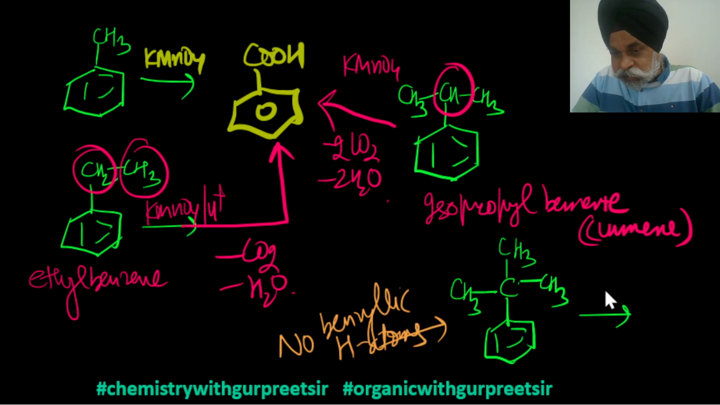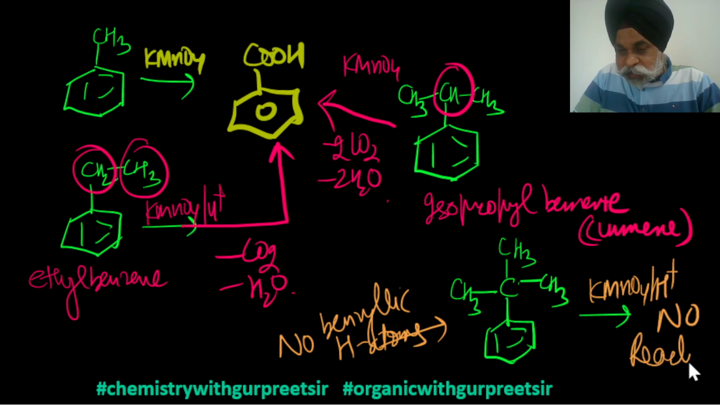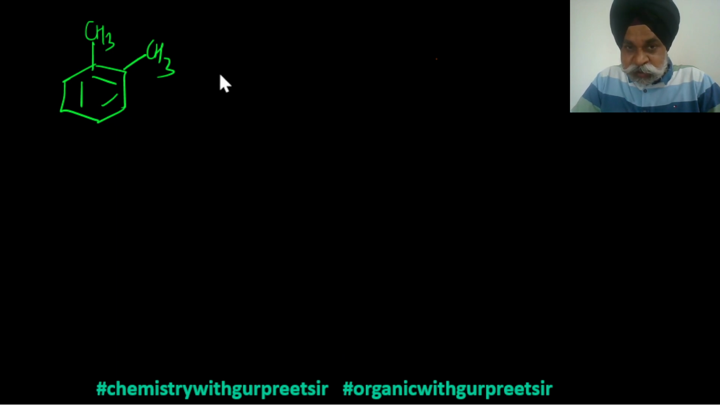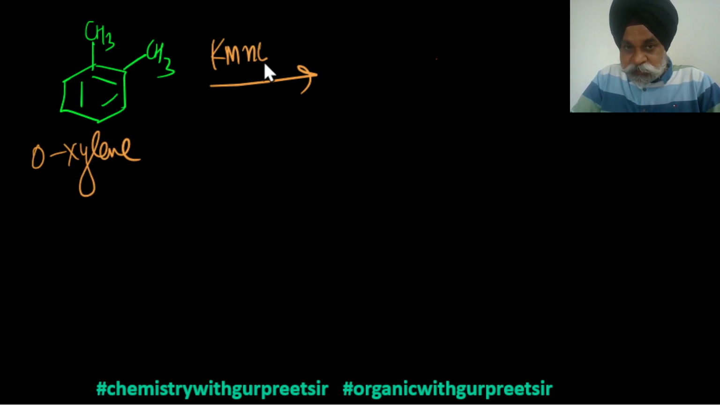So if there are no benzylic hydrogen atoms, the KMnO4 reaction would not take place. There would be no reaction here. So discussion of one question is bringing a lot of things into the discussion. Just like in this one, we ended up getting one of the products in the last slide as orthoxylene. Orthoxylene, when treated with KMnO4 in the presence of H positive,